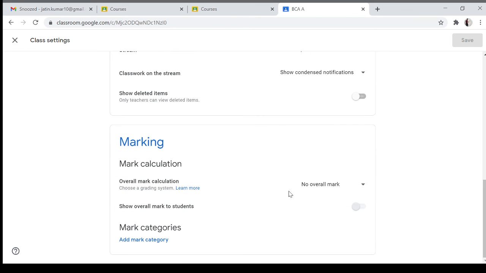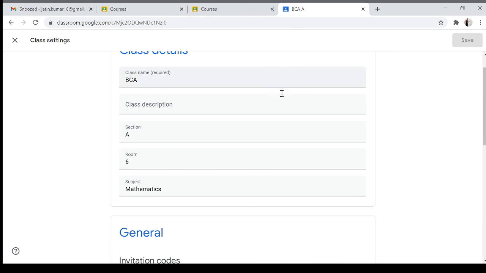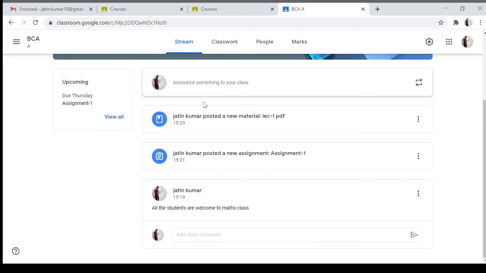Mark calculation is there. Whatever assignment questions you have marked up to now will be managed according to you. Okay, then when you make all the changes, there is a Save button, so you just click Save and that will be saved to that class. Okay, so in this way you can make the changes.